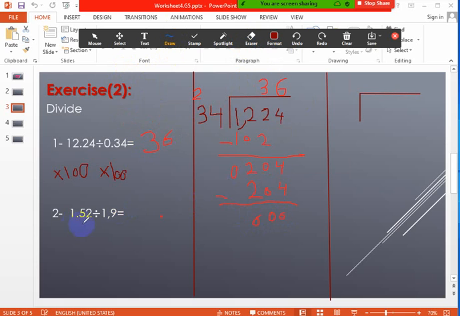Now, the next one is 1.52 divided by 1.9. Now, I have only one digit here after the decimal point. To move this decimal point, I have to multiply it with 10. Now, also I have to multiply the dividend with the same 10. So the 1.52,